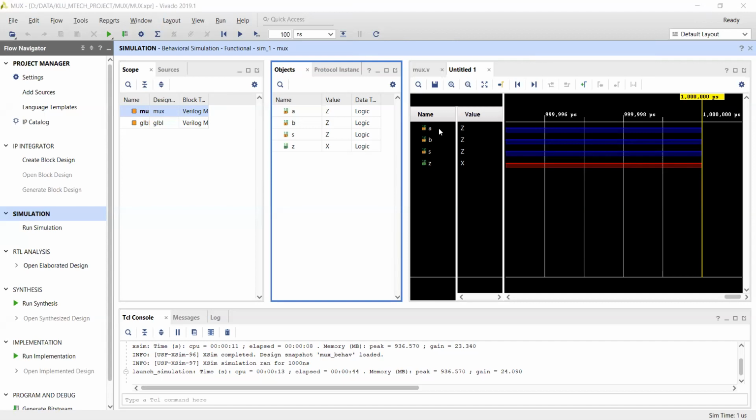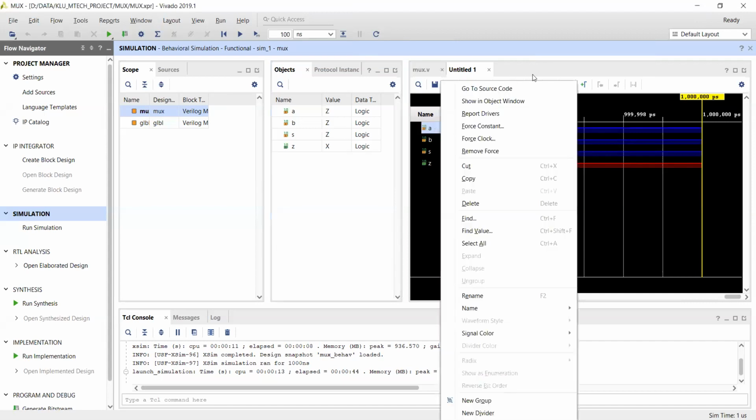So first of all, I'm right-clicking on my input variable A, and I'm changing the value. Instead of force constant, I'm choosing force clock. See what will happen.